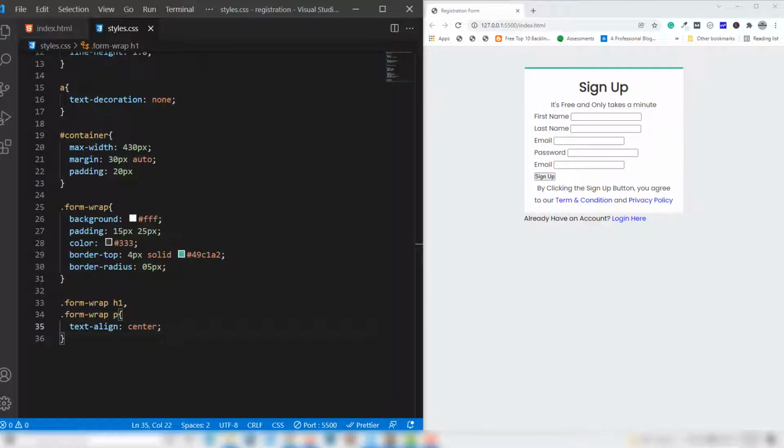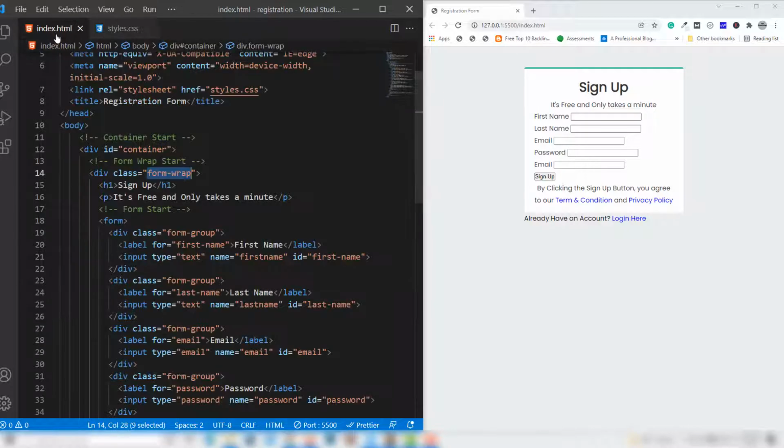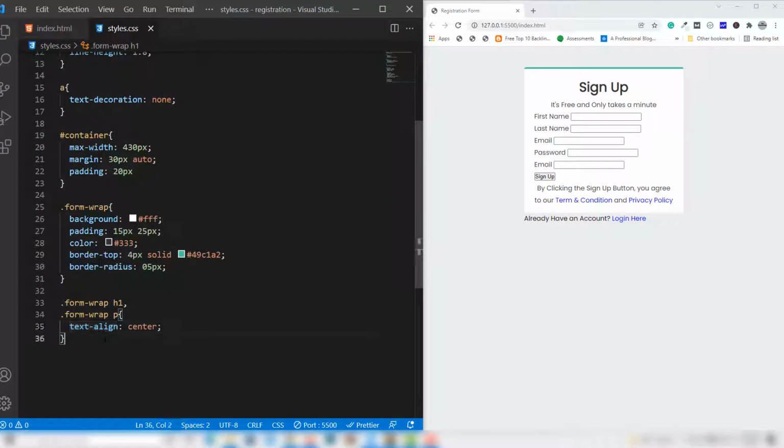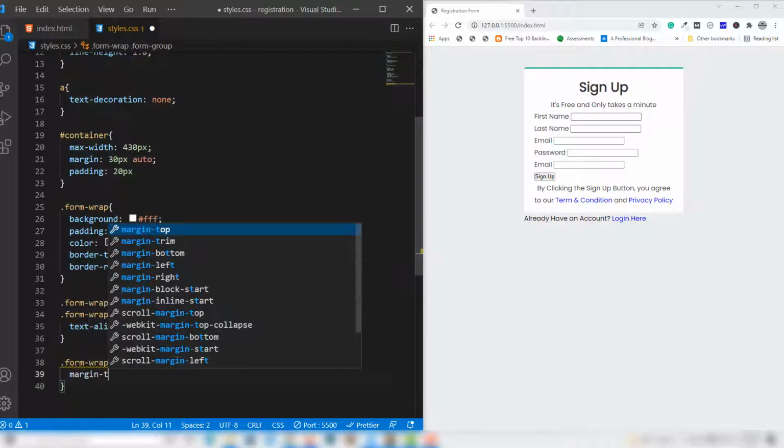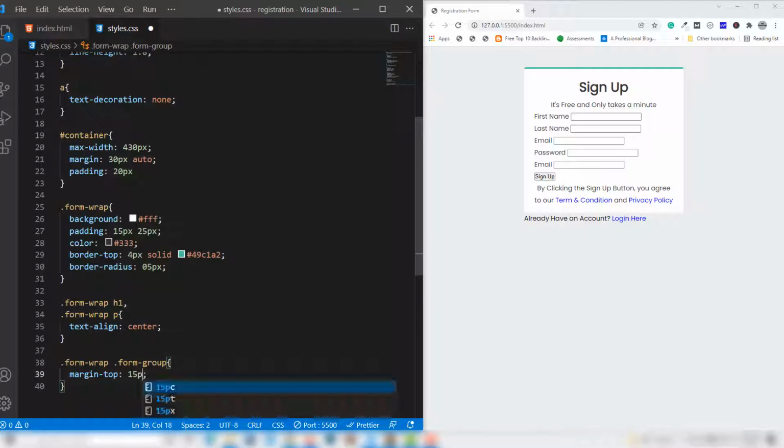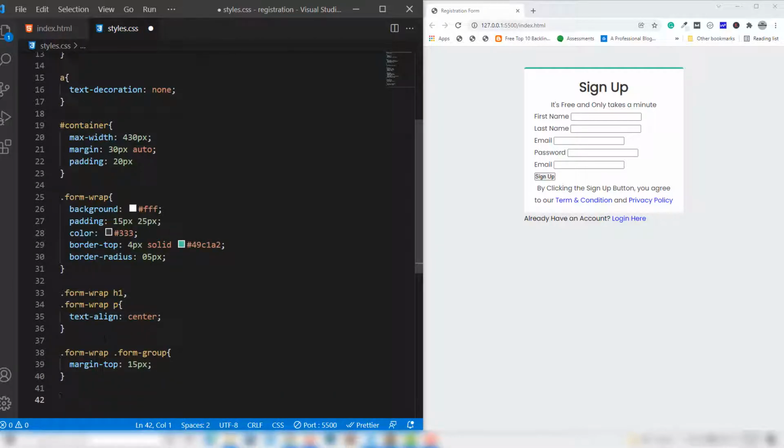Then we're gonna select the form group, this one section. So first I'm gonna copy that, and first I'm gonna select the first one, class form wrap. Inside the form wrap we have a form group. So first we're gonna assign the margin top as 15 pixel, and then I use the same class, form wrap dot form group,